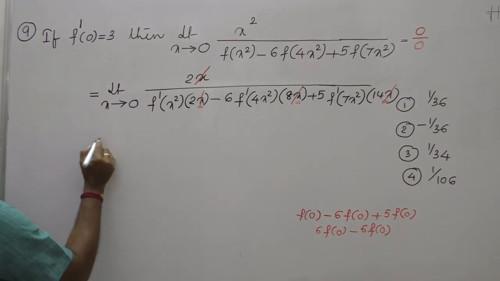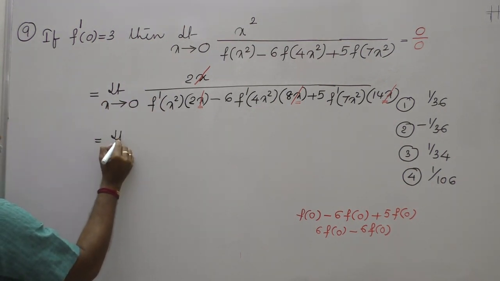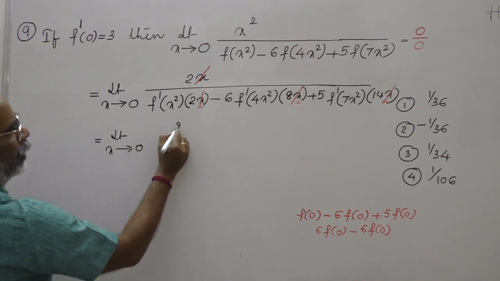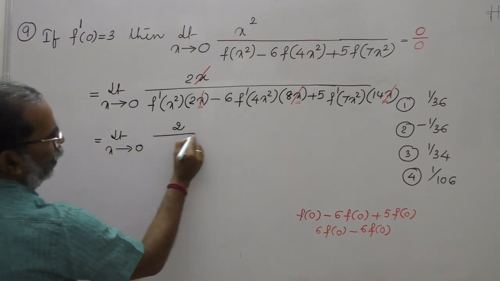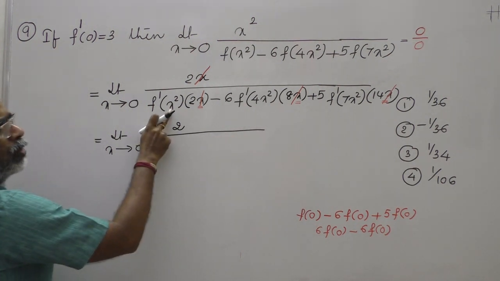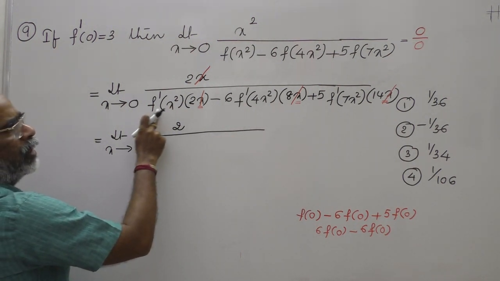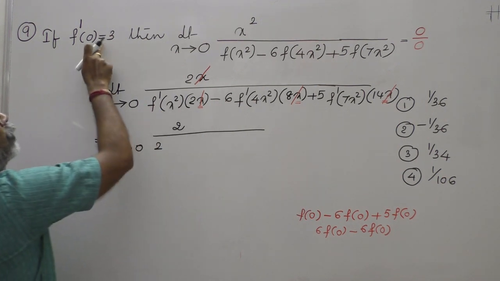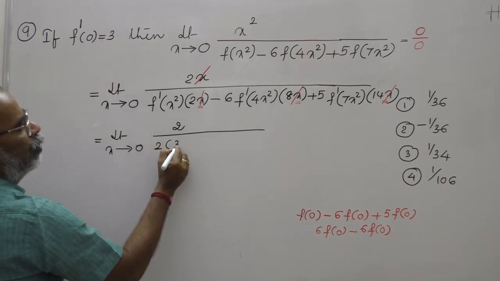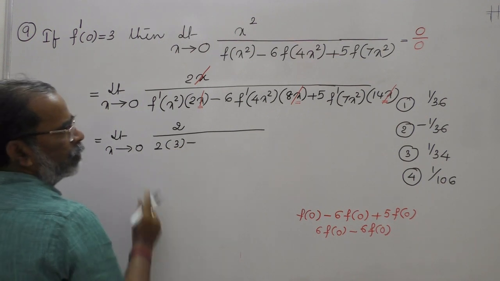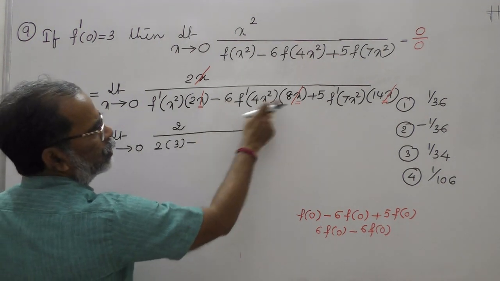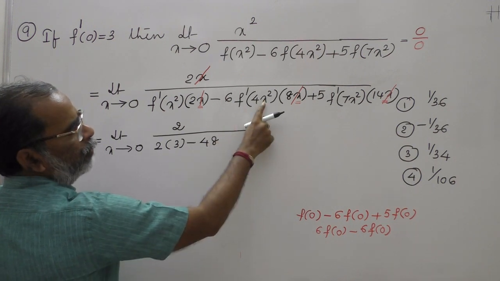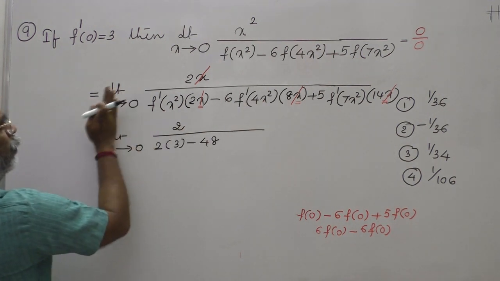Now we will write the limit in this. If I write the limit x tends to 0, what is there? 2 is there in the numerator. If I put 0 here, f dash of 0, 2 is there. So 2 into f dash of 0. f dash of 0 is given 3. Next, here you see 6 into 8, 48 into, if you write the limit, we are writing limit, no need